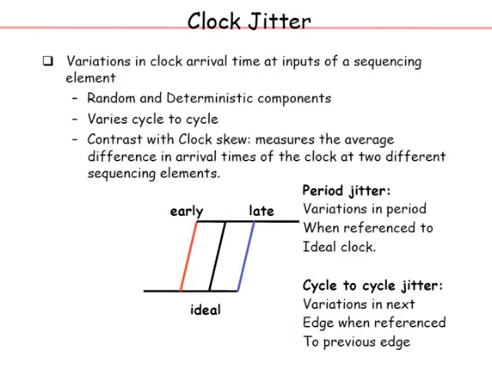Now there is one more component to this clock distribution, one more non-ideality rather, which is what is called clock jitter. Jitter is essentially something where the clock edge is not stable and it keeps on moving around. Of course, in what sense, right? So if you look at the clock